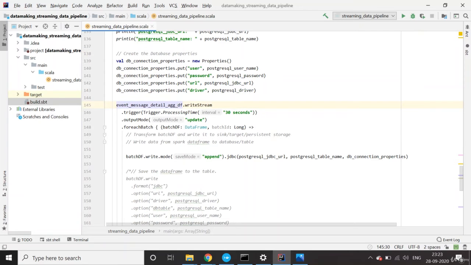How do you write it? Basically, for writing data from the Spark structured streaming into an RDBMS, specifically SQL Server, MySQL, or Postgres, there are no out-of-the-box APIs available. So what we need to do is say dataframe.writeStream and set the batch interval and the output mode as update. There are multiple output modes available, like update, append, and complete. Update is nothing but both the new data and the updated data.